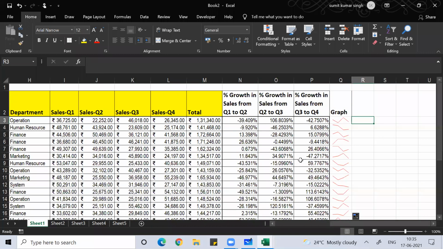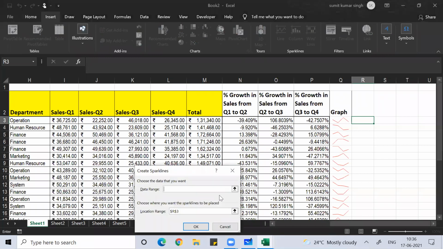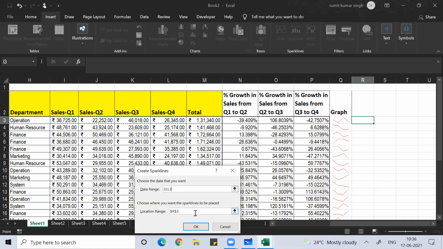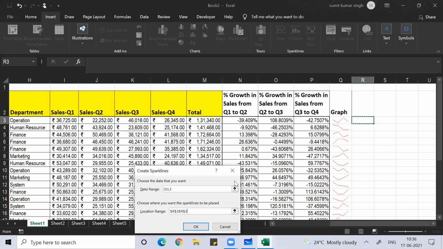All are very easy. You can do a line graph, or you go to insert. If you want a column graph, go to column, data range, select the data from Q1 to Q4, then the location range, select the location range, press OK.